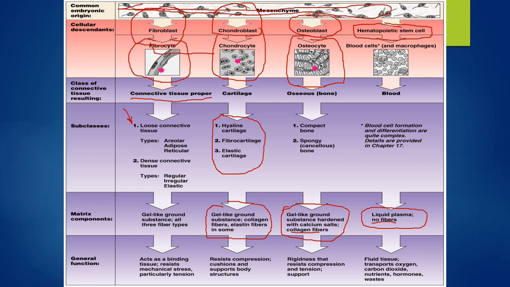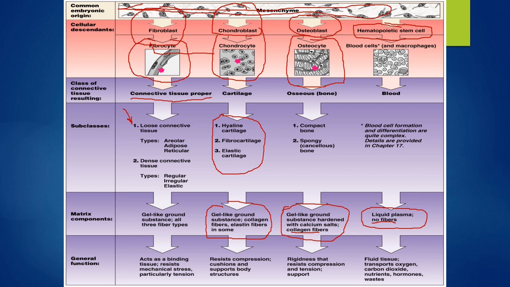The first is the loose types of connective tissue, such as the areolar connective tissue, the adipose connective tissue, and the reticular connective tissue. Examples of areolar connective tissue are found in the subcutaneous layer of the skin, which is sort of an aqueous, highly water environment. It does contain some collagen fibers. It does contain some elastic fibers. There's also a third type of fiber in the areolar connective tissues known as the reticular fibers, but it's a